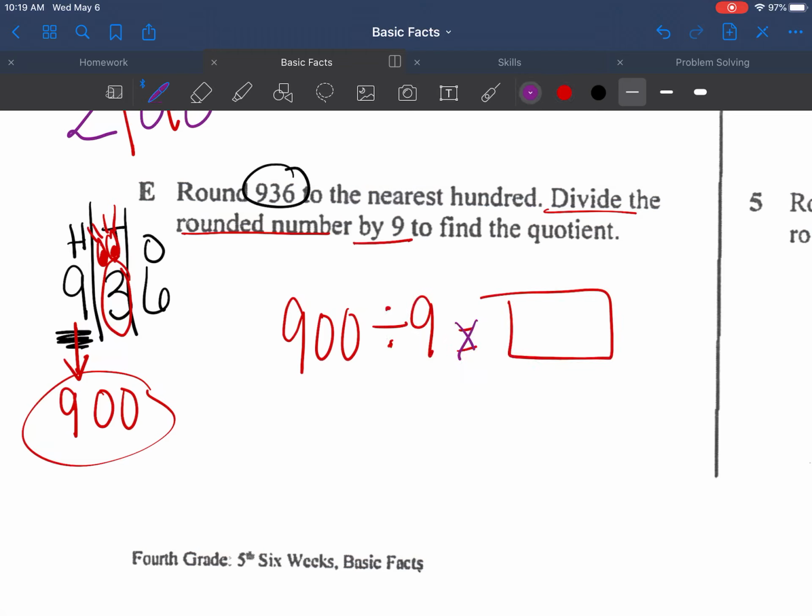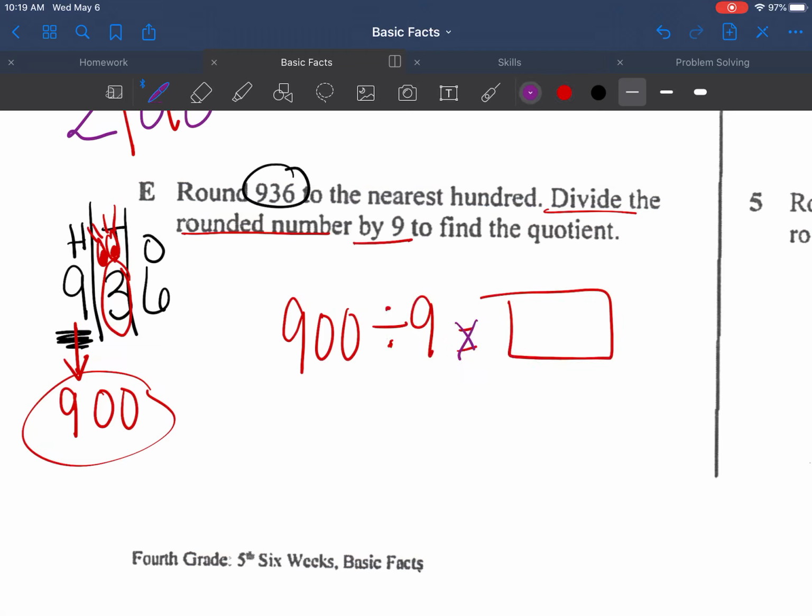Divide the rounded number 900 by 9 to find the quotient. 9 times what gives me 9? That would be 1. Remember, when we're dividing, this one doesn't have any zeros, so they do not cancel out. So we leave them in our quotient. So my quotient is